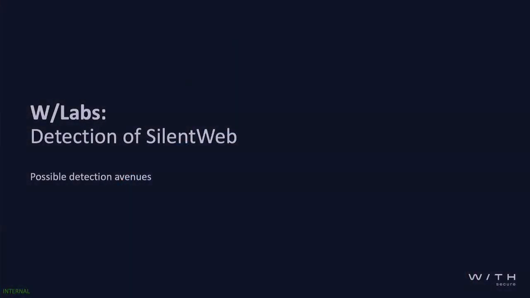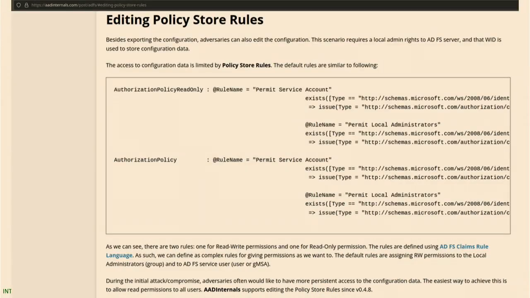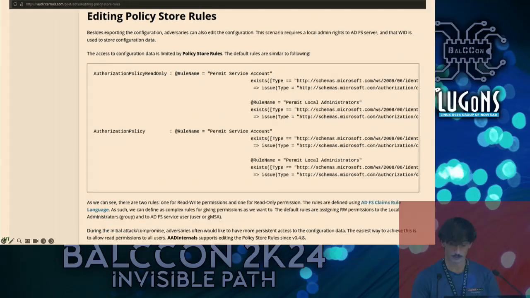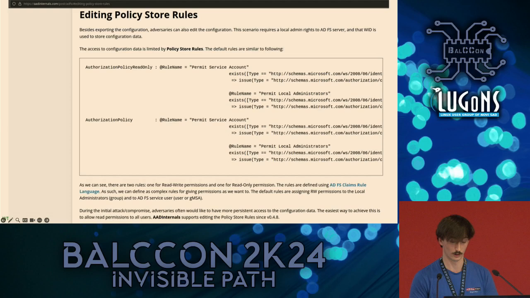So I did give you tradecraft on how you can essentially attack ADFS just with an MS SQL server compromise. I'm going to give you some detection opportunities as well, otherwise I'm a bit of a dick. AAD internals is like a bible for attacking and defending Active Directory and now Azure stuff. Historically, there is tradecraft associated with compromise of the WID. It's not been documented as much with MS SQL. However, the detection opportunities are pretty similar.